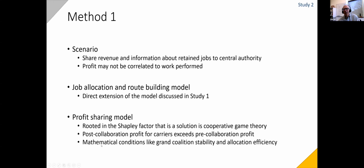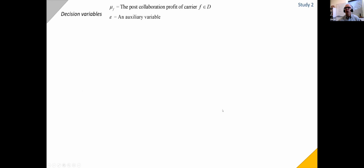Now, because of this approach, you have some mathematical conditions: something called the grand coalition stability, and there's an allocation efficiency. Those are kind of technical, as my first department chair called them, math voodoo kinds of things. But just believe that they are things that all of us can do if we're given enough time and effort. So in this case, we have the